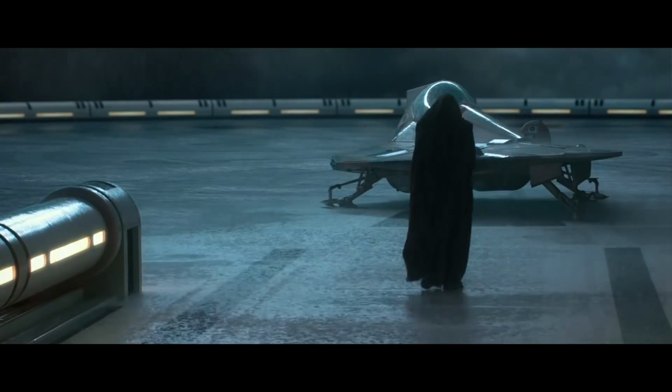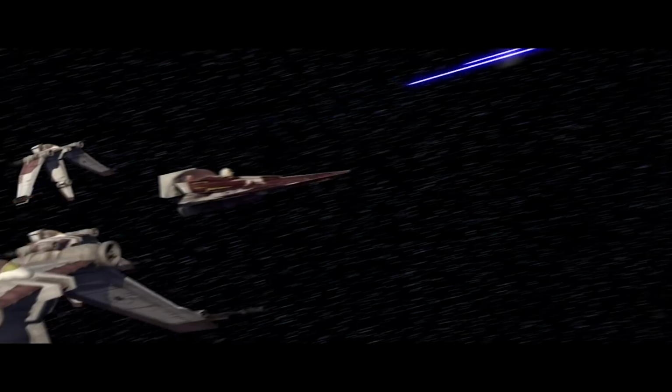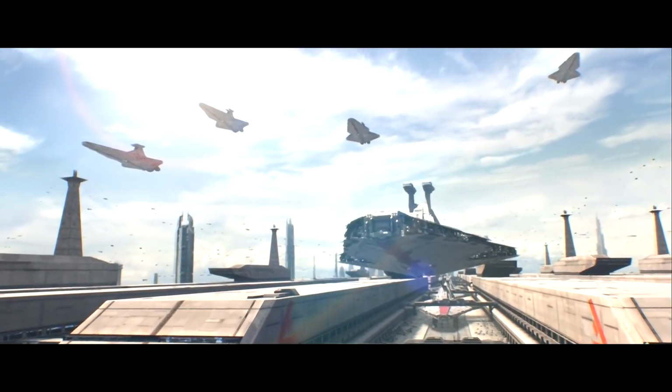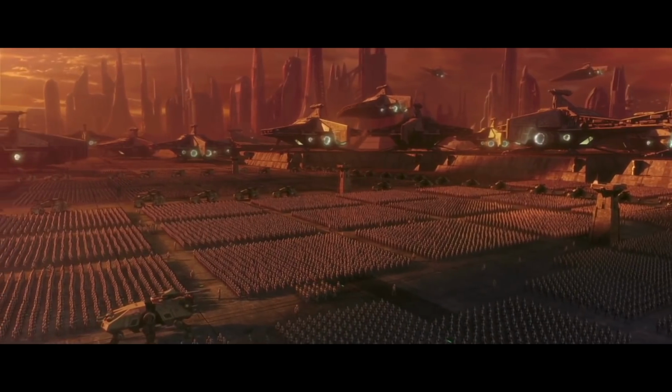It had the fuselage that was reminiscent of a Delta VII Aether Sprite or the later A-Wing. On its sides, you had a pair of foils for cooling. This was a very agile and speedy fighter, but it cost almost twice as much as the V19 Torrent Starfighter. At the beginning of the war, the V19 Torrent fighter was just a prototype that was rushed into production. Before the Venator-class Star Destroyer arrived a few months after Geonosis, the V19 Torrent fighter made up the bulk of